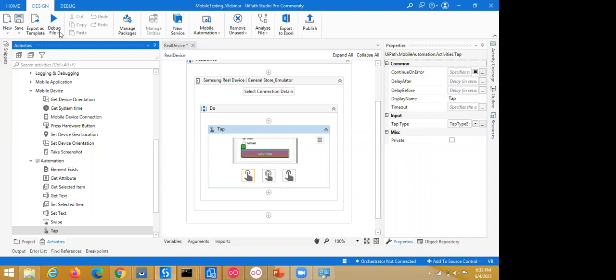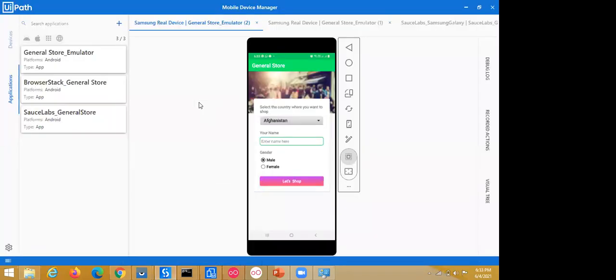Now we need to run the file. Starting the execution.